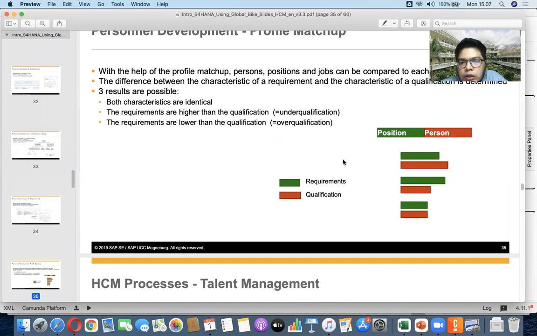Basically, the red one is the person or the qualification, the green one is the position or the requirement. We want the position to match with the qualification. However, sometimes requirements are higher than the qualification, or requirements are lower than the qualification. Then we call it like this.